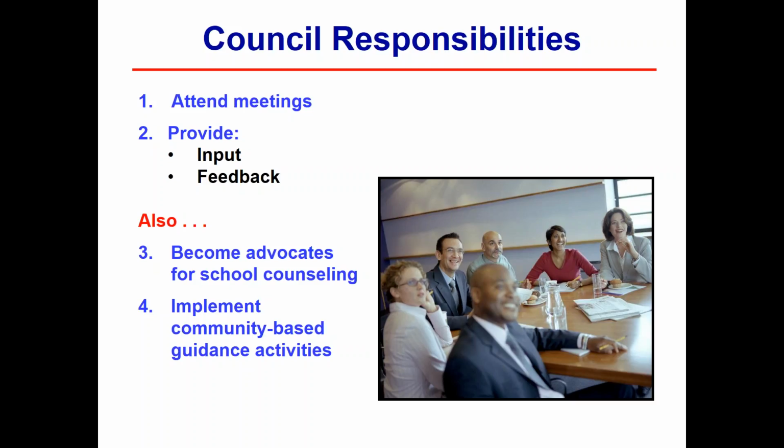And then after you implement, the council's also going to provide you feedback. So they'll be able to say, that didn't go so well. We heard from our child that activity was a total bore and they just spaced out in the beginning of it, or whatever. Or they might say, it's a wonderful activity. Thank you so much for doing that. So we want to put that council together to provide input and feedback. And then also